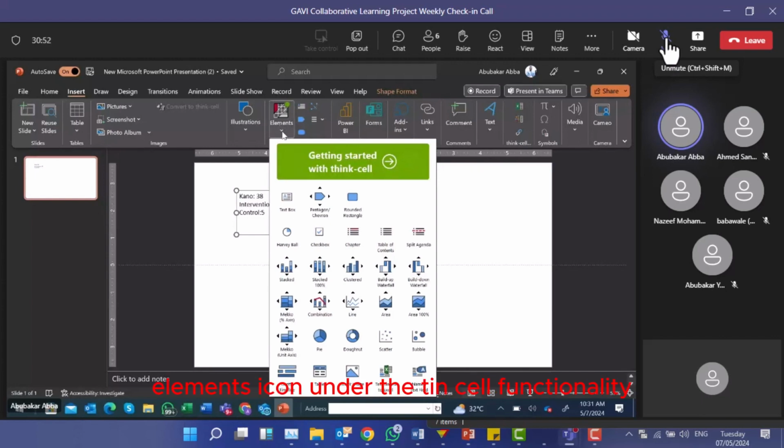elements icon under the think-cell functionality, and you will see below that there are different ways by which you can represent your data, but you need to understand which chart is most appropriate to use, so that you get the information clear for whoever is seeing it and is looking at the presentation. So we say that we are using